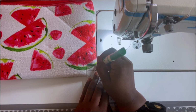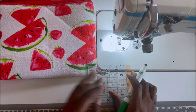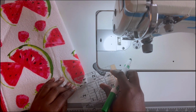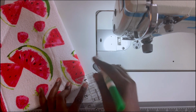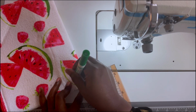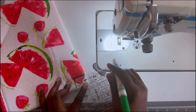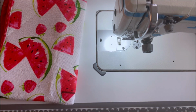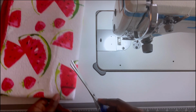I'm doing it from this side, the good side, because we are going to do a French seam. We are first stitching it on the good side before we stitch on the wrong side, so that there will be no ends showing. Everything will be concealed inside. There will be no raw edges. Okay, so